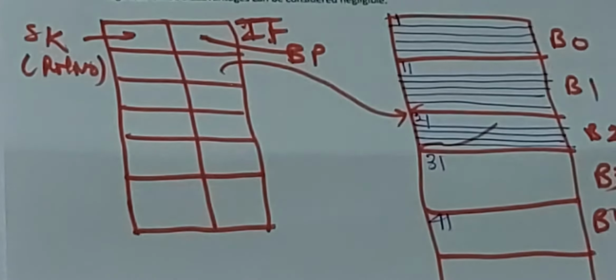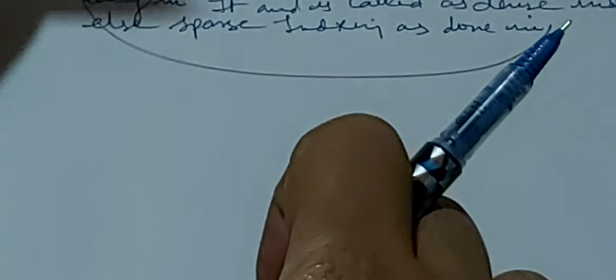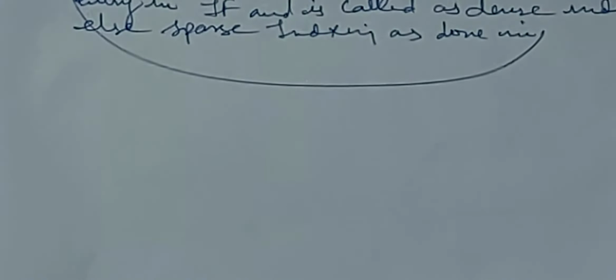So this way it will be easier for me to search, and the size of the index file matters a lot to search a particular record. Now the second point we should understand is how to make the index file size small. How to do that? In order to do that,